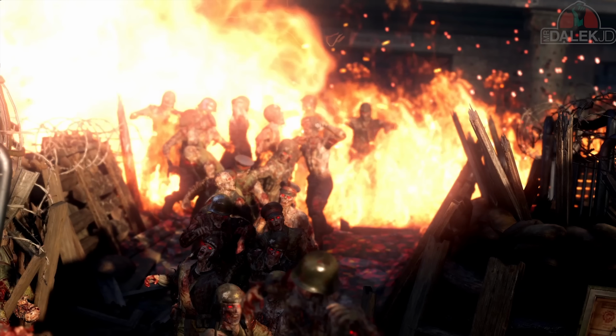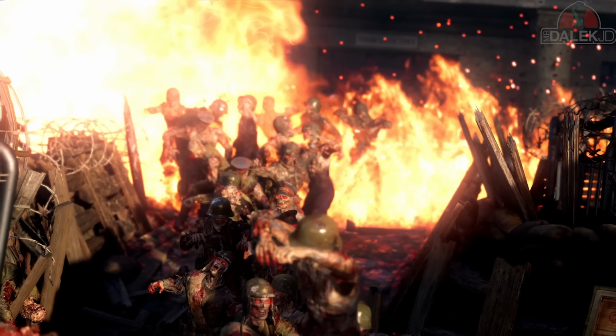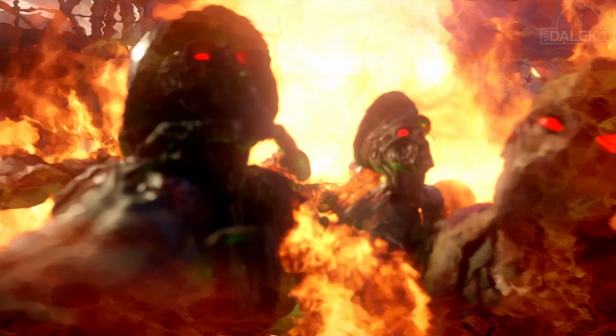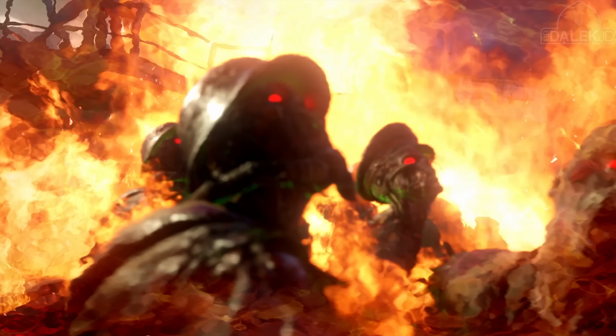Well, there's a very good chance that this map will have some connection to Mob of the Dead, especially with the blood vials that will probably be explained in this map. We've had teasers from Jason saying that the blood vials will be explained before DLC 4, so that is great, but the red eyes could also mean that there's a greater force or essence controlling the zombies in this particular